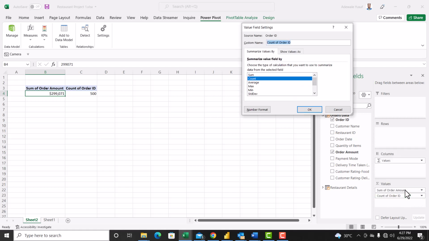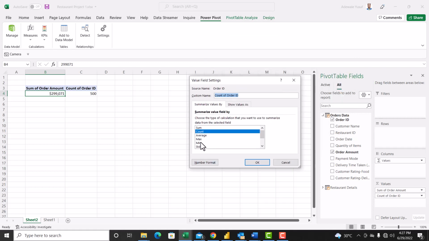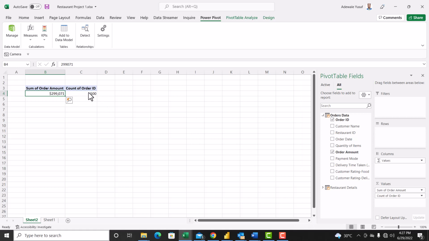So when you click on value field setting, you will see the different options of calculations you can do with pivot table. So there is sum, there is count, average, max, min, distinct count, and all that. All right, so if I do count is what I want actually, and this is showing me there's 500 transactions inside this. So I can rename this as order amount,